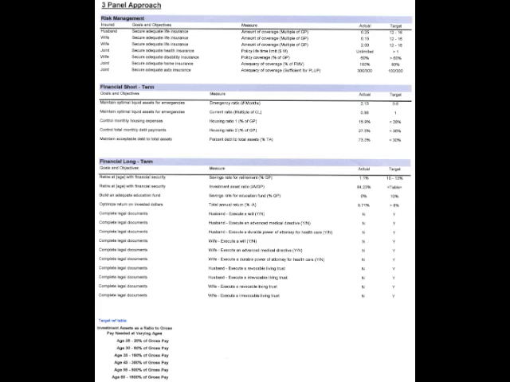Now, we already looked in the previous page at the ratios about the short-term and long-term financial goals. We talked about the emergency ratio and the housing ratios and your investment ratios and saving ratios. So this is just another way to depict those ratios, another way for you to look at them and kind of get a visual picture of what's going on with your financial situation.